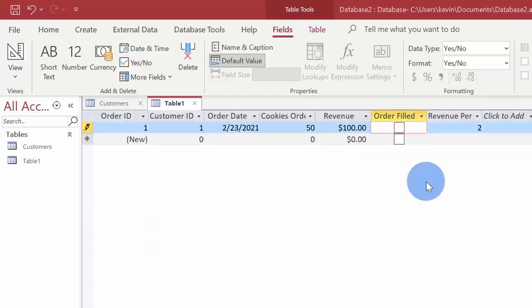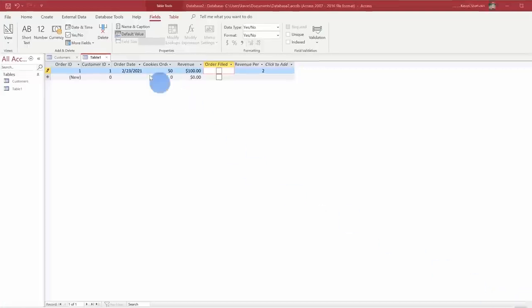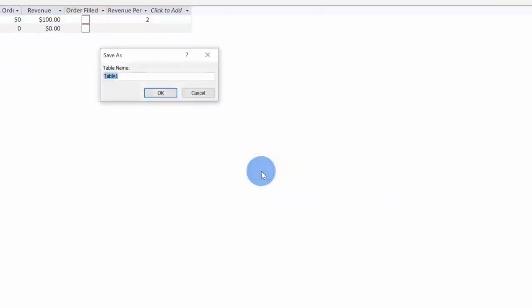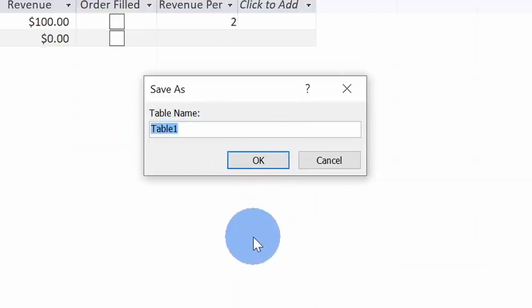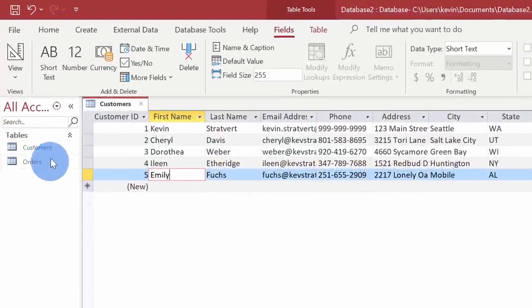Now that we've finished filling out the basic structure of this table, once again, if we want to rename it, we can go down here and click into the design view, and then we'll be able to rename this. Alternatively, I can also close this table, and it'll ask me if I want to save it. I'll click on yes, and here I can now give it a name. I'll call this table orders. I've now finished saving my orders table, and over on the left hand side you'll see that I have 2